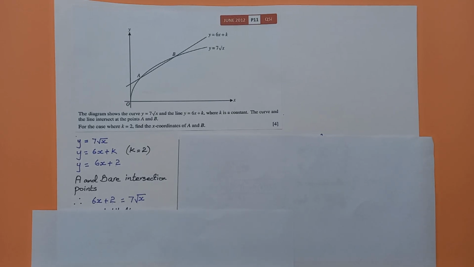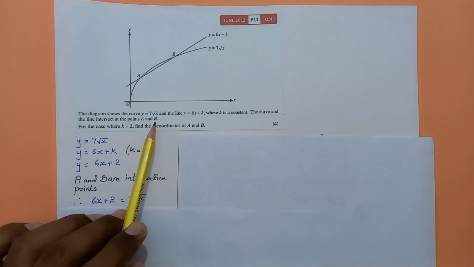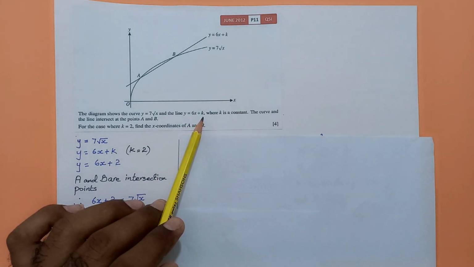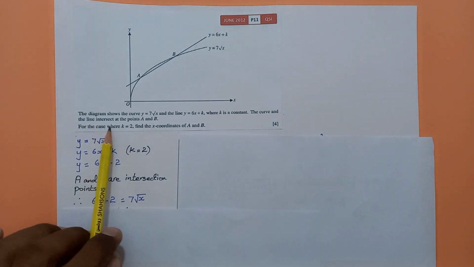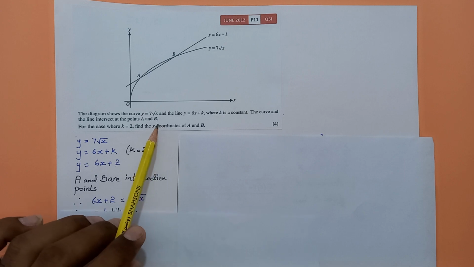Hello everyone. We have a question where it says that the diagram shows the curve y equals 7 root x and the line y equals 6x plus k, where k is a constant. The curve and the line intersect at points A and B, and if we look at the graph, whatever the